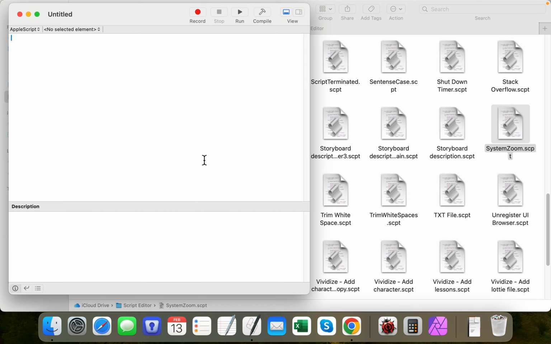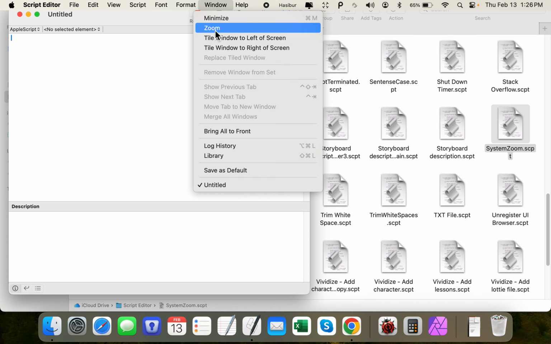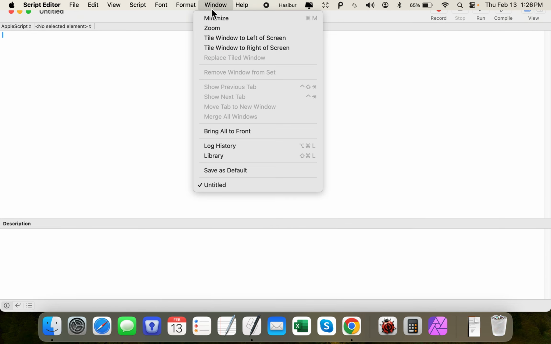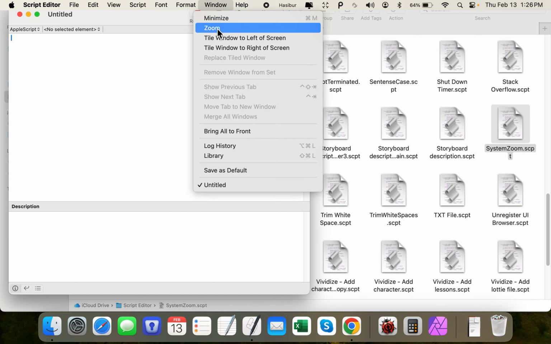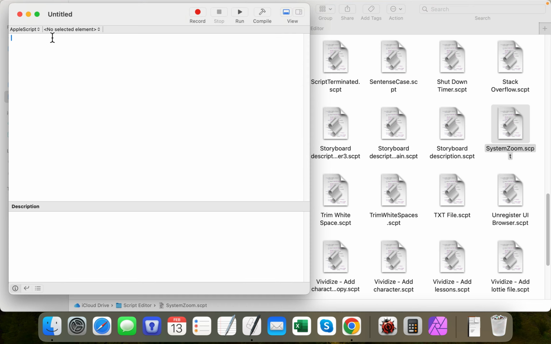Hello Mac users, this is Hasibur, and I was having an issue with system zoom from the window and zoom from window zoom. But when I use a keyboard shortcut inside the settings, it is not working properly for all the windows. So I fixed that using an AppleScript, and I find that this green button, when I press